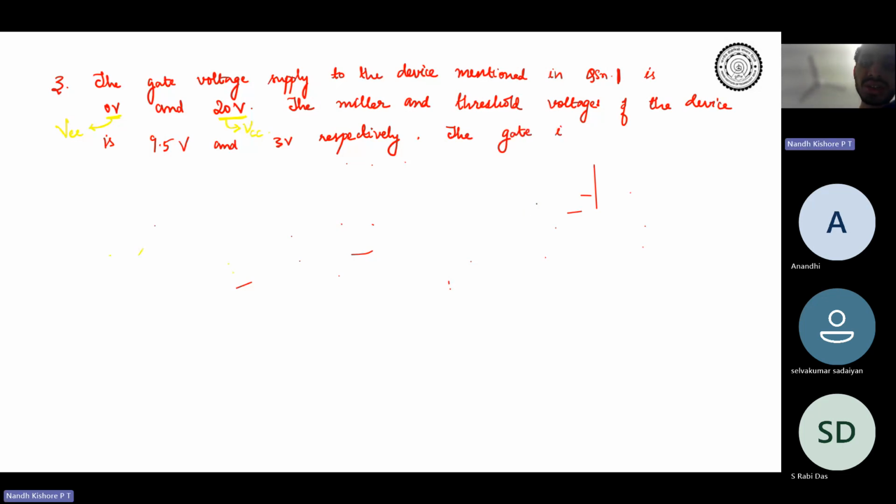The gate input resistance of the device is 13 ohms. Okay, this is the RG. Okay, so the device